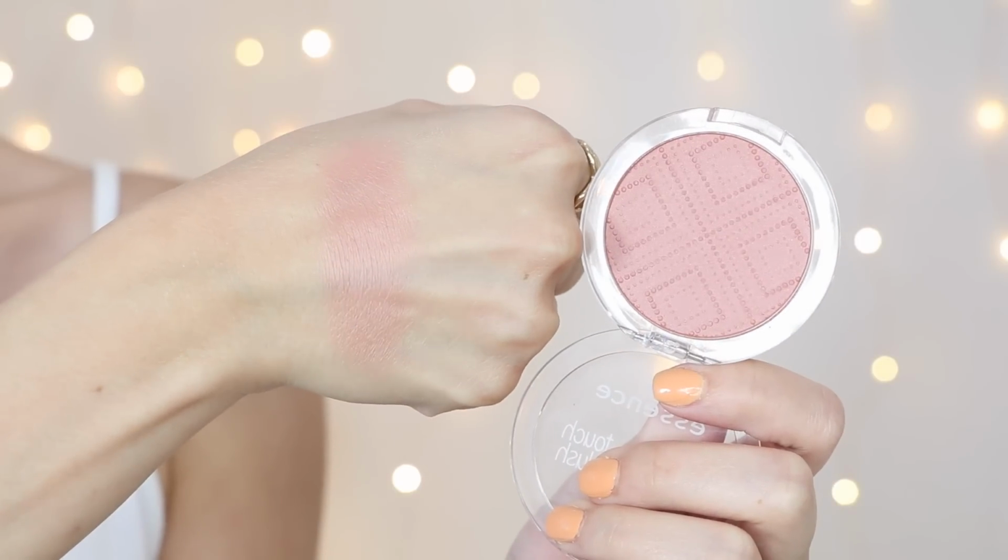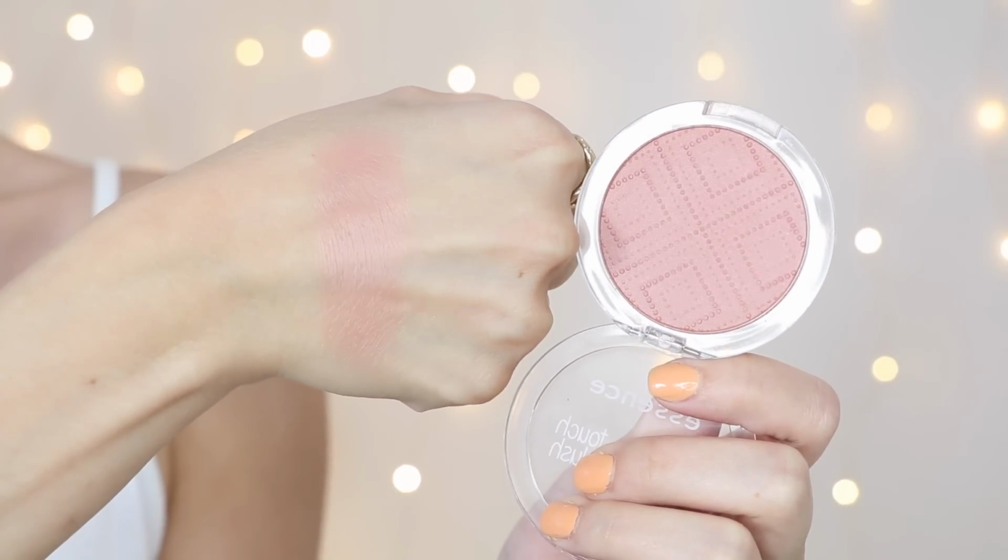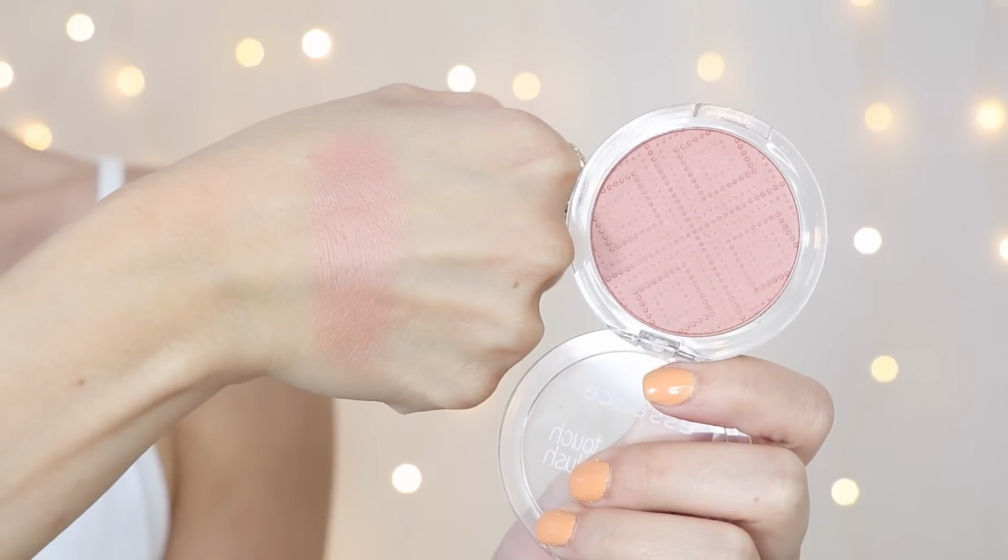Oh my gosh. This color is so freaking beautiful, and it doesn't even look like I've used that much. Like, the print is still there, and I know I've only been using it for 2 weeks, but I cannot stop using it. I have a few more of the Satin Touch blushes, but this one is my favorite. And not just because it's a nude, but I love the undertone in this nude. It goes with so many different looks. You could do a peach eye and it would pair nice, or a really cool toned eye and it would